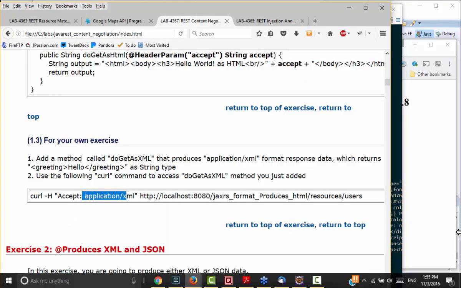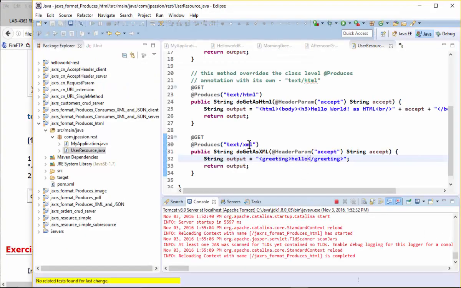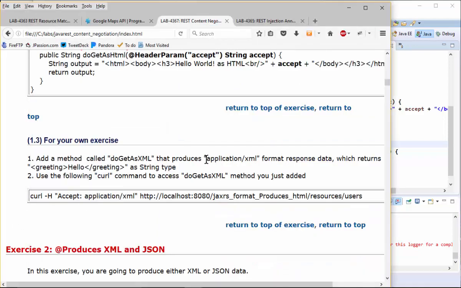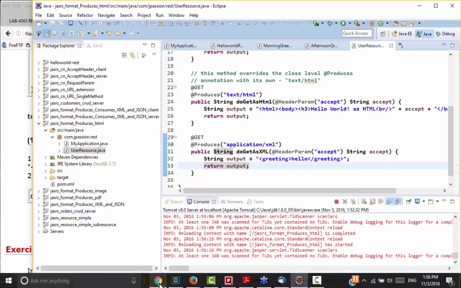The reason is, if you take a look at this, we are supposed to produce XML. Oh yeah, we should say application XML. Sorry, application XML. Did I say that here? Okay, yeah, good, I specified application XML. All right, so now we should be able to